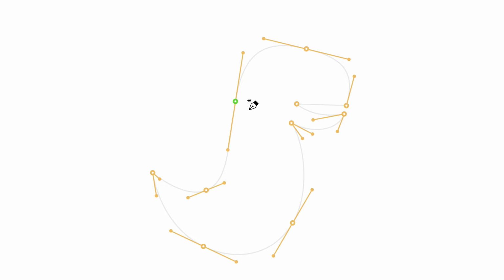Start by clicking on the green point first. But this time, click and drag to pull the direction lines out of the point. The length and direction of these lines influence the curvature of the path. Since we will be drawing in the clockwise direction, the direction line should also be pulled in the same direction. Make sure the length of the handles corresponds to the auxiliary lines. Otherwise, the path you create won't match the one in the original drawing.